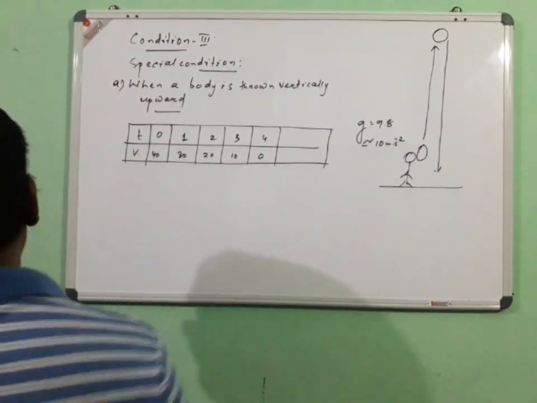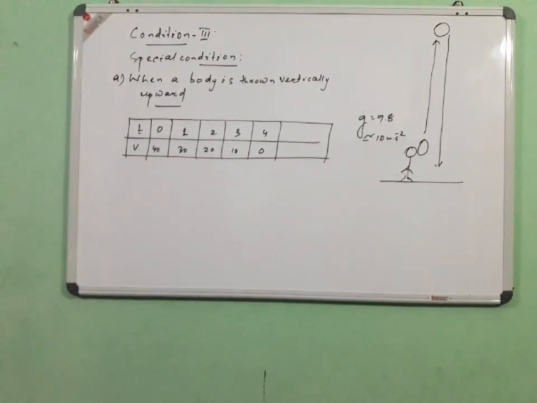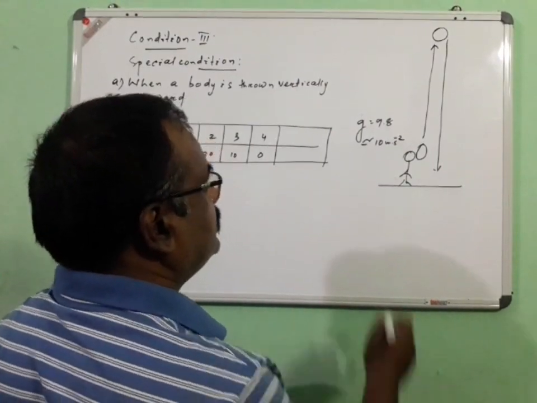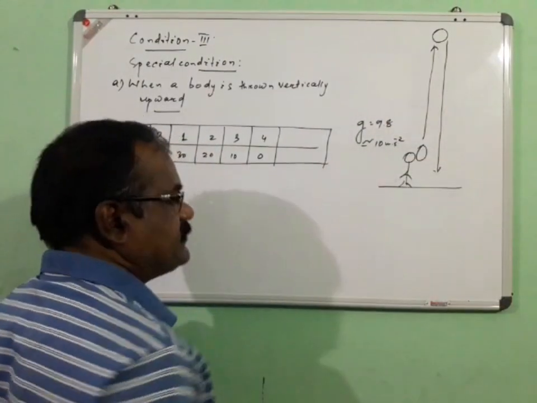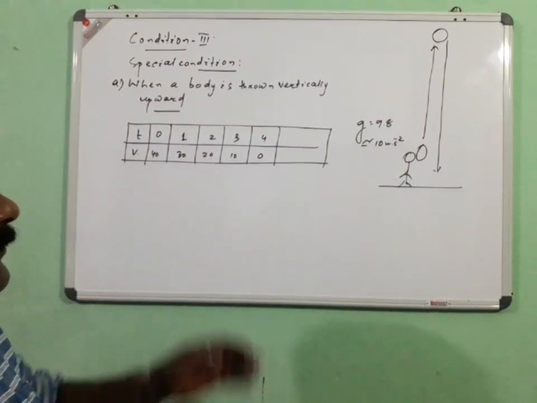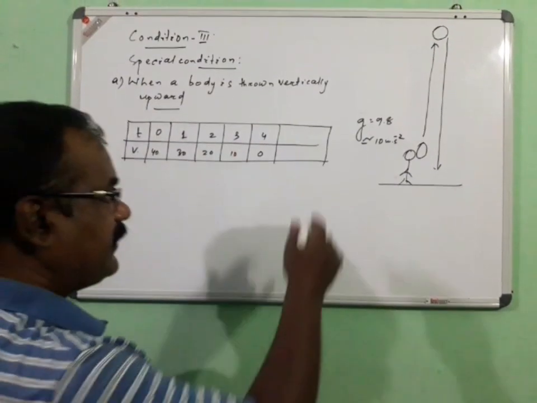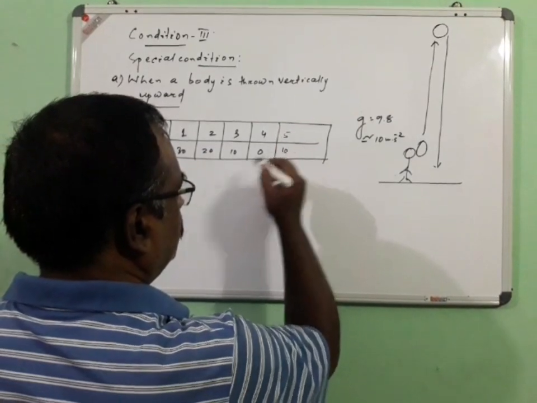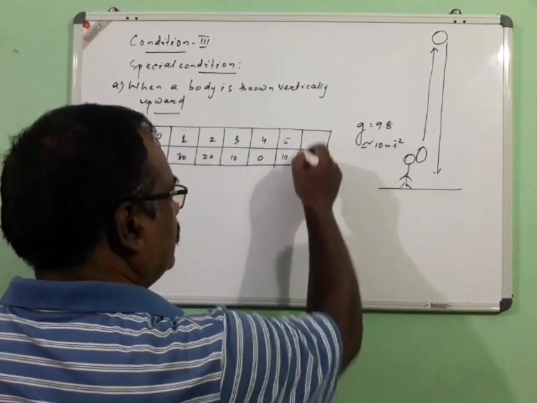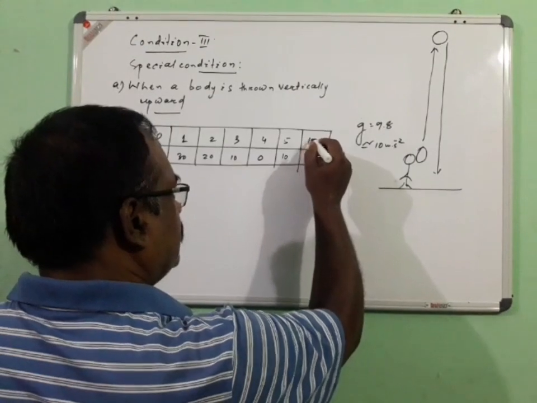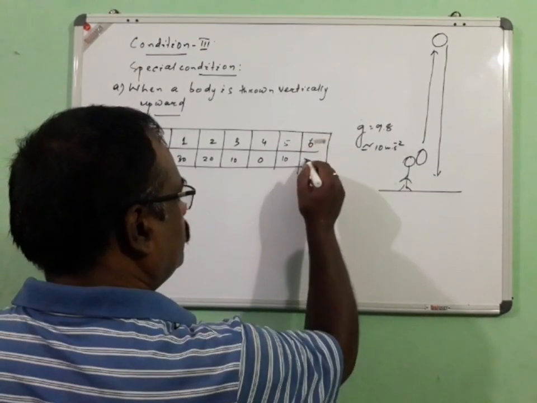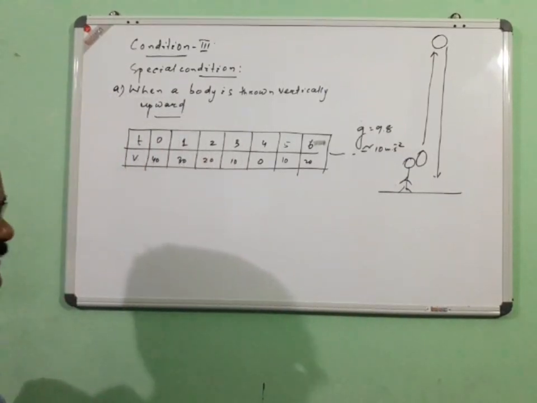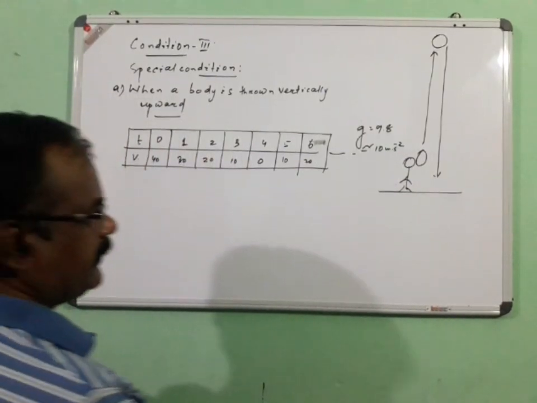Coming to 0 meter per second means it has already reached the maximum extent. From there, it will come back at the same rate. By 5 seconds it will be at 10 meter per second, and at 6 seconds it will be at 20 meter per second, and so on. Now in such cases, what type of graph will we get?